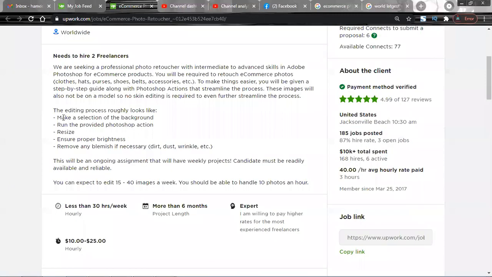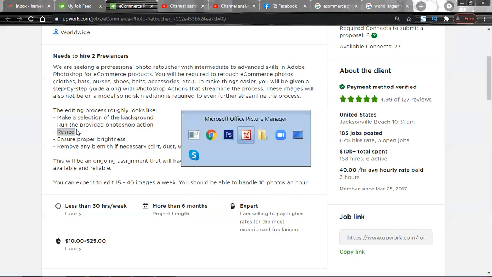And you can see the additional process roughly looks like: make a selection of the background. As you can see right now, we have eliminated the white background. Run provided Photoshop actions. Photoshop actions means you have to apply all the different functions, let's open up this specific size of the image, place that image into that, and eventually save the preset actions that is required. Then the resize of the image, quite obvious now,